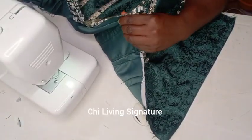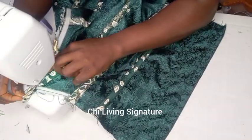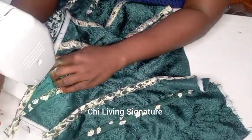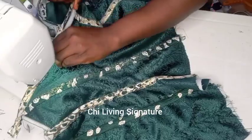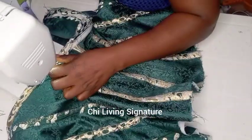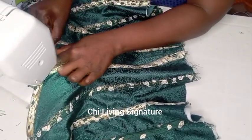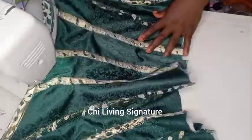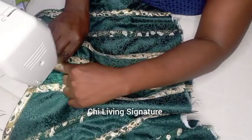You could start to fix your boning on your lining, the way we structured our bust caging on the lining part, then wrap it with the right side of the fabric. So you decide to do all this on the lining part, then stitch to flip to the right side of your funnel corset. Yeah, that is the bustier part, or the overbust part, whichever we choose to call it. So wrap, send it in,